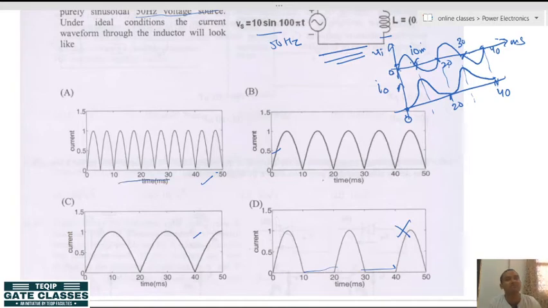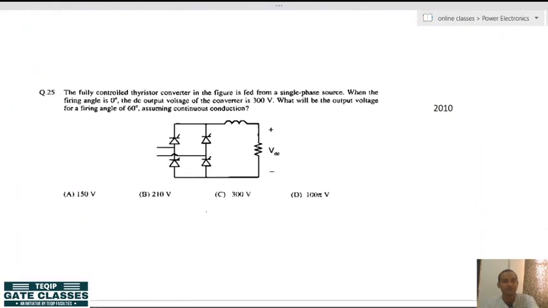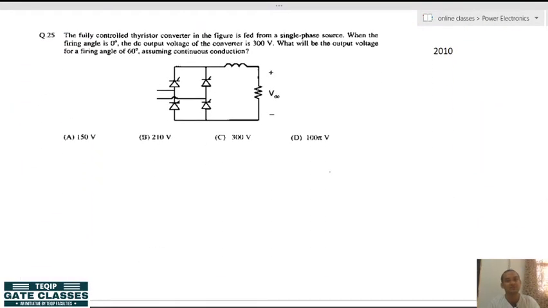What is the time scale of the value? So you see the time scale, whatever is giving you like this, so this waveform is correct. Alright. So you see from a single simple circuit how many types of question the GATE people can make. So that's why I told you that you catch the concept, not cram everything. Alright. So next move on to the next question, that is of GATE 2010.